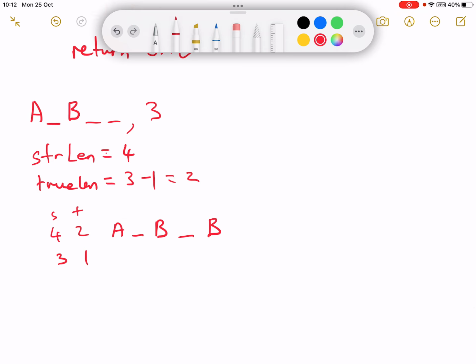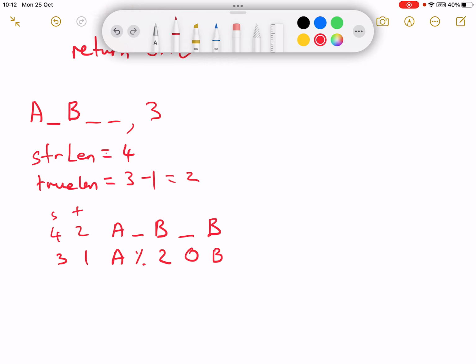So now, is this space equal, is this a space? Yes. So we'll do our A. Okay, so this is our B. Then you swap it out for a 0, you go down once, you swap it out for a 2, you go down once again, swap it out for a %,